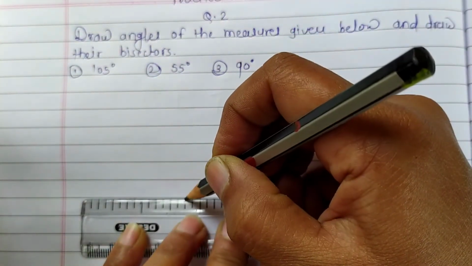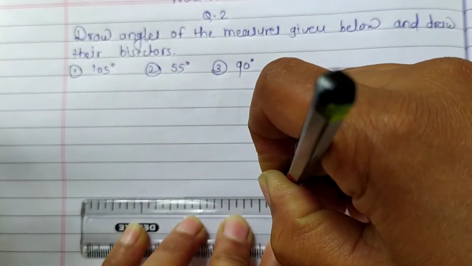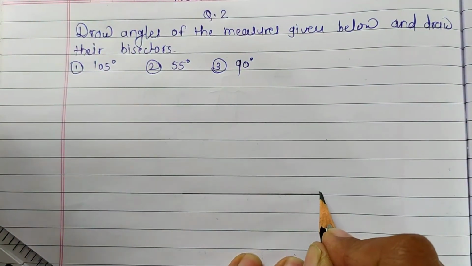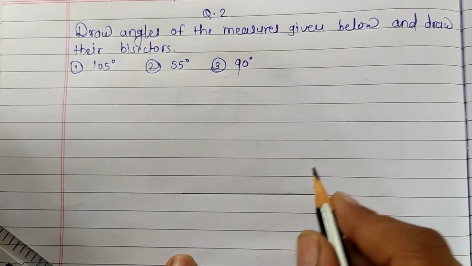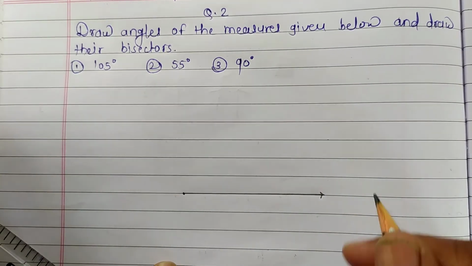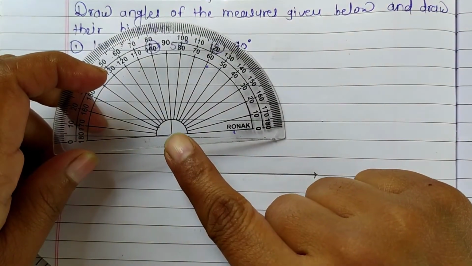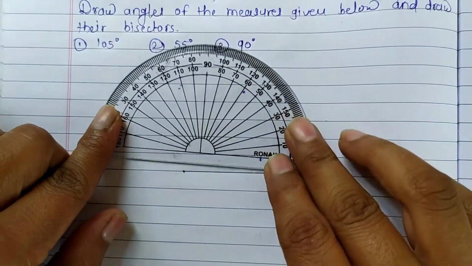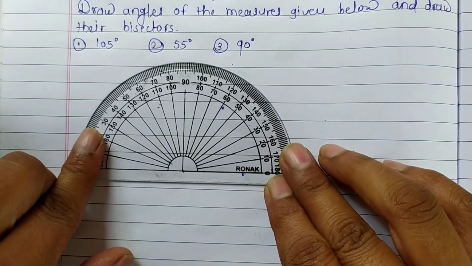Then draw one line here like this. Show arrow on one side, and here this is the origin. This one is ray. Now let's put the center point of protractor to the origin of this ray like this,